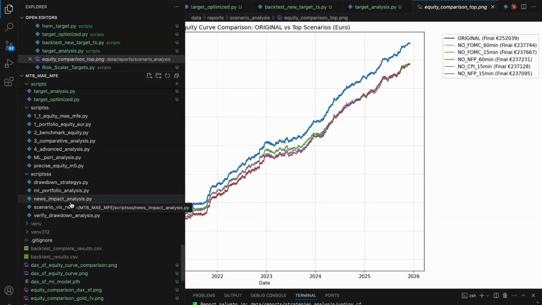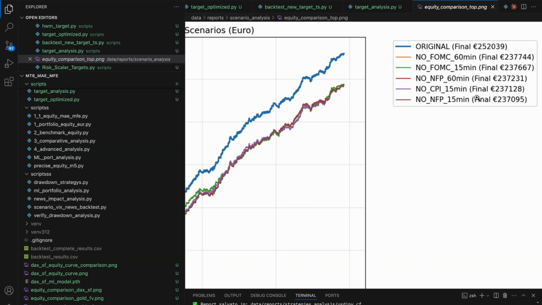Okay, news impact and impact analysis. Basically, what is the concept? I decide how to manage different news scenarios. So this is no FOMC, 60 minutes before and after. This is the same thing for 15 minutes before and 15 after, and the same thing for NFP and CPI